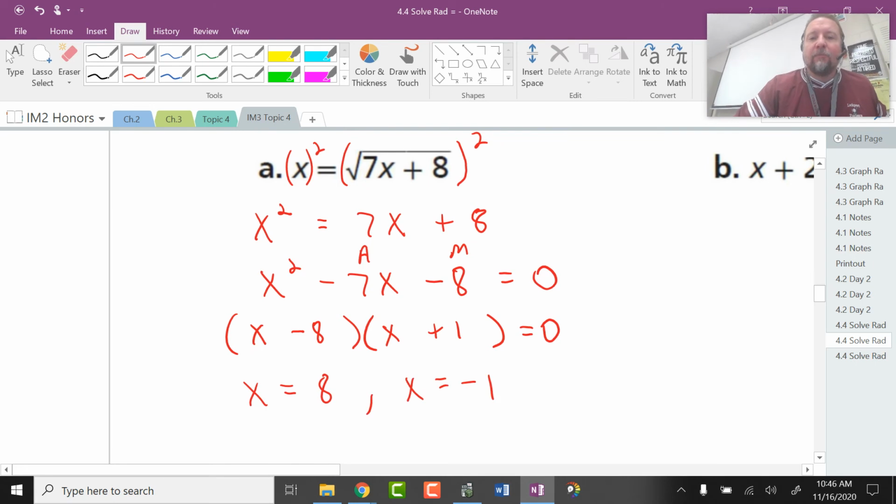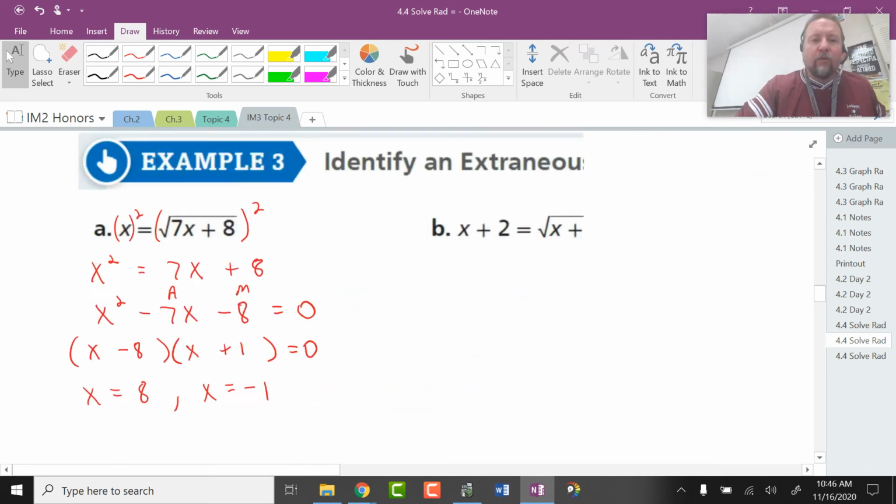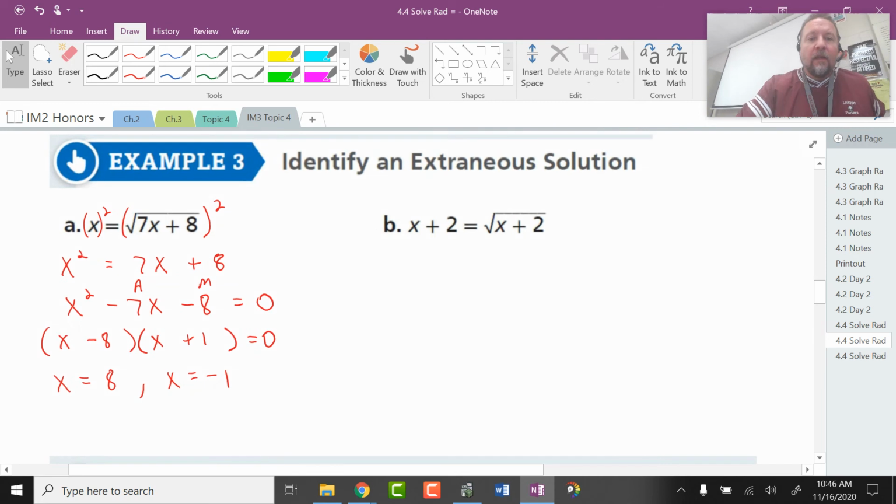Okay, now I kind of skipped over this. Notice this word that we have up here: identify an extraneous solution as well. So we're going to solve, but do we have extraneous solutions? Here's what an extraneous solution is. You did valid math,